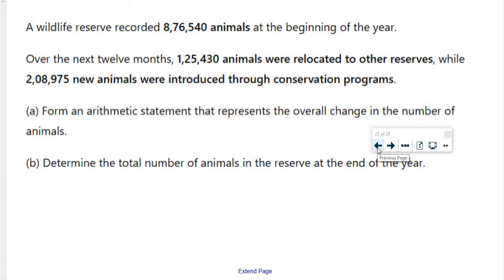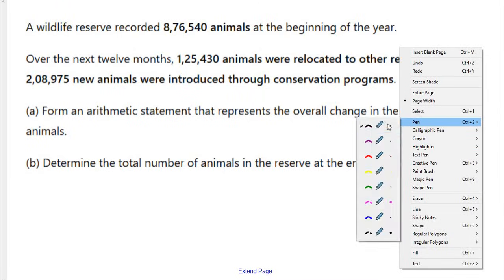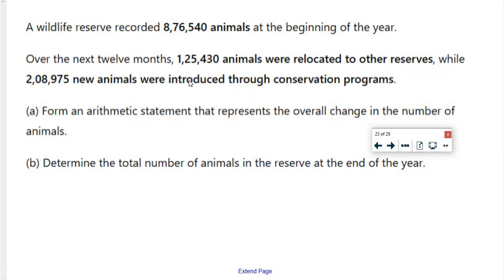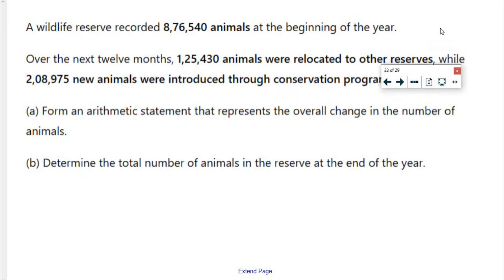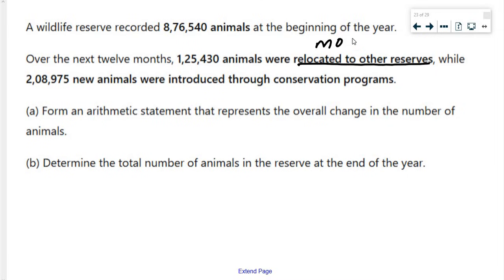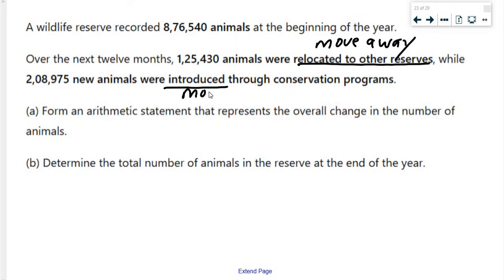Next question. A wildlife reserve recorded 876,540 animals at the beginning of the year. Over the next 12 months, 125,430 animals were relocated to other reserves. Relocated to other reserves means move away. They're moving away, while 208,975 new animals were introduced. Introduced means move in